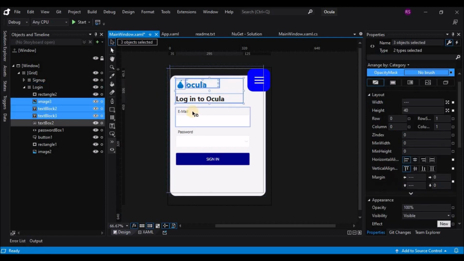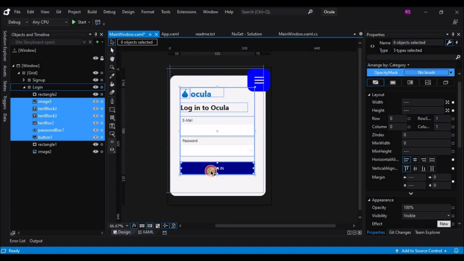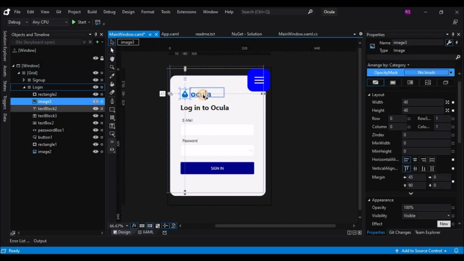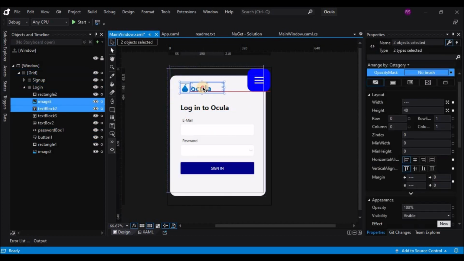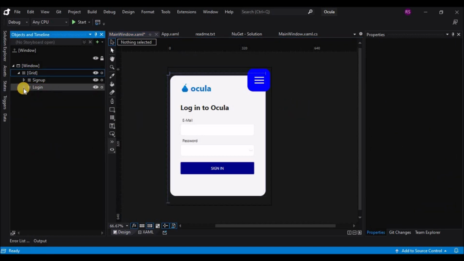Okay, so we are done. Now we'll just move this in place, minor adjustments to the design. Yeah, so that's done. So now all we have to do is animate the UI.